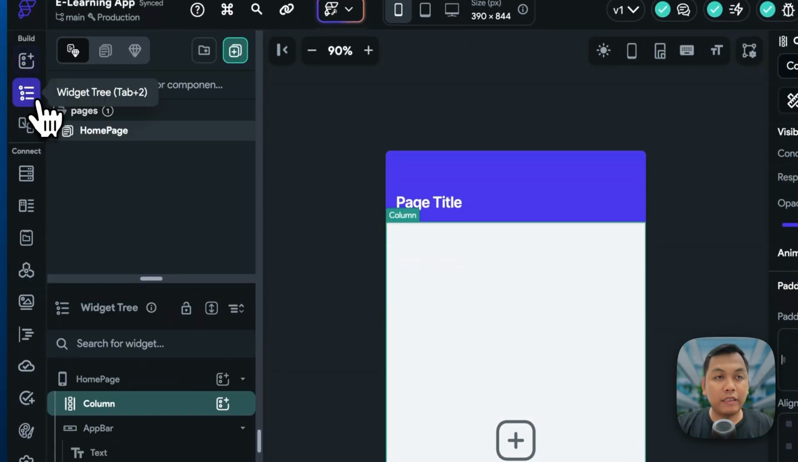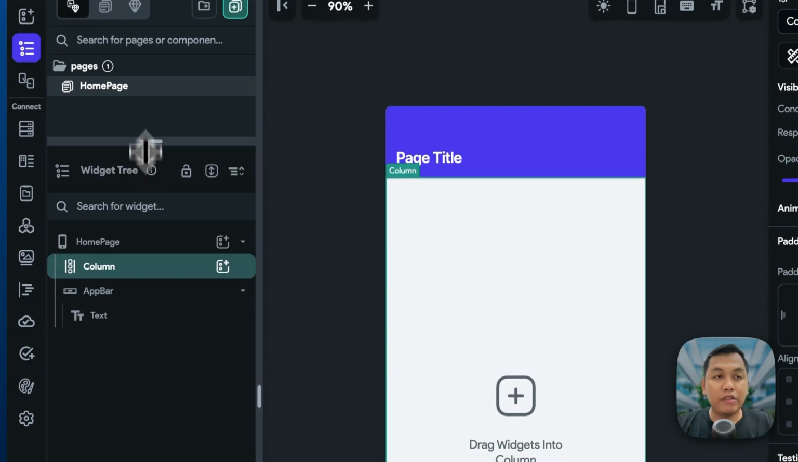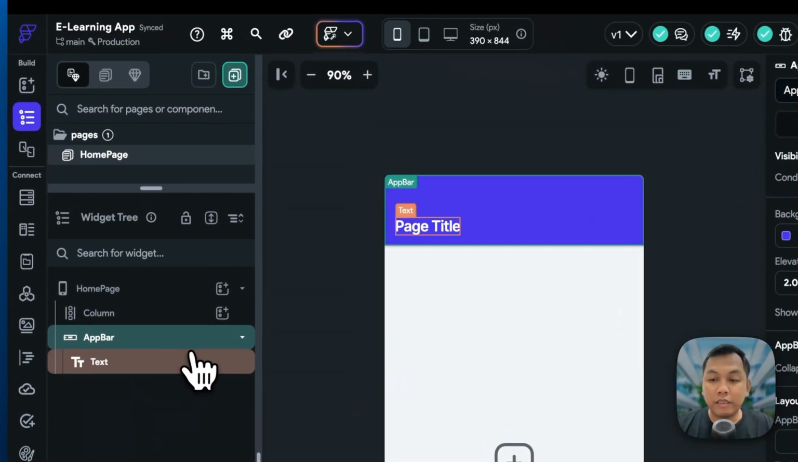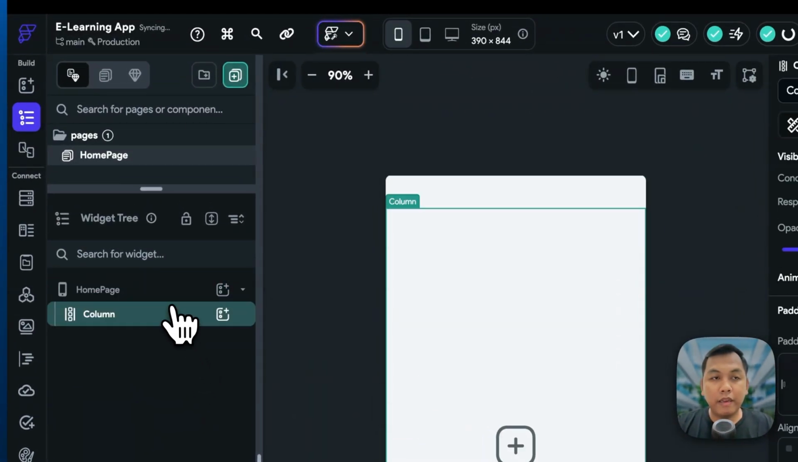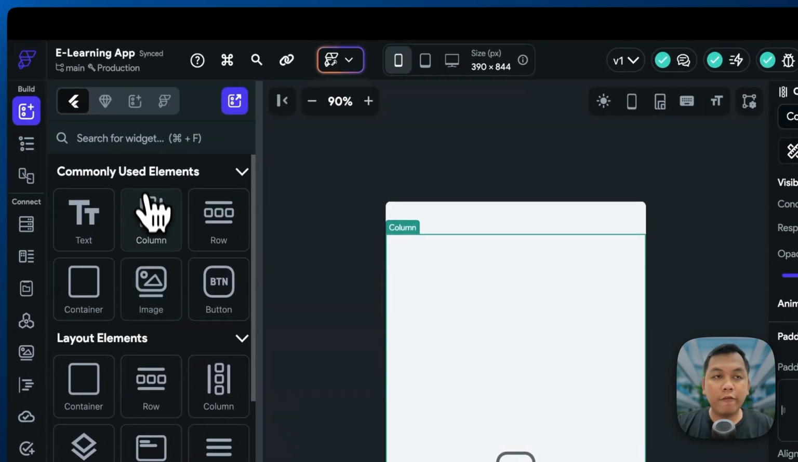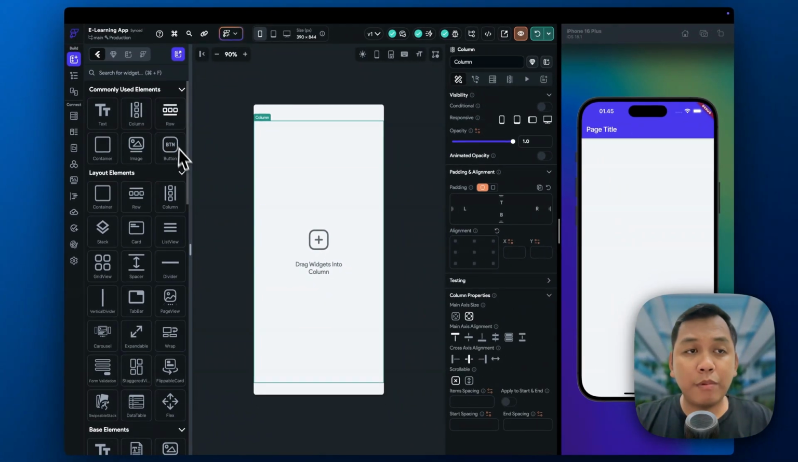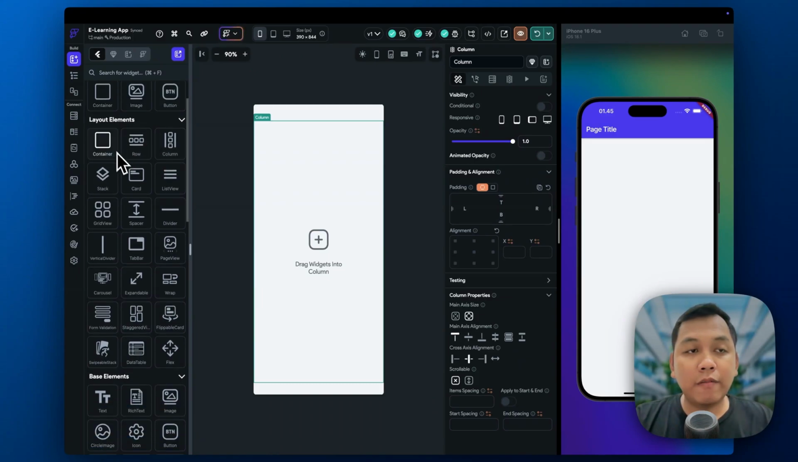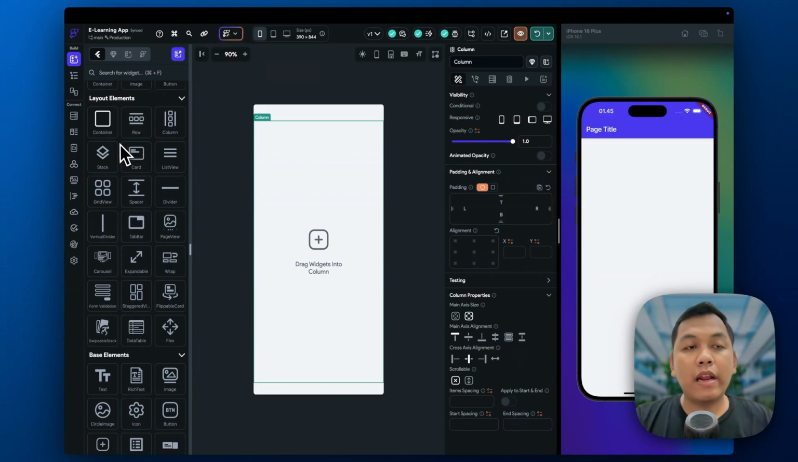Alright, here we can see in widget 3, and first, let's just delete this app bar, and let's see what we have in FlutterFlow. Commonly used elements like text, column, row, container, image, and button. Layout elements are kind of like widgets that can lay out our app, like container, row, column, stack widget,